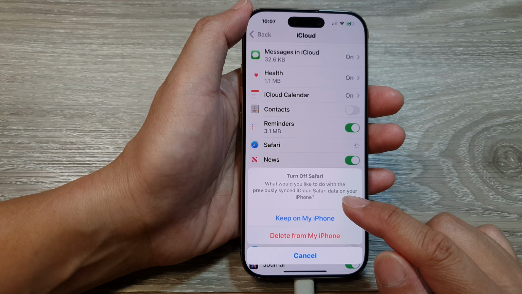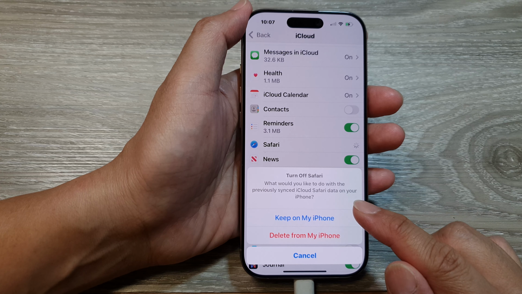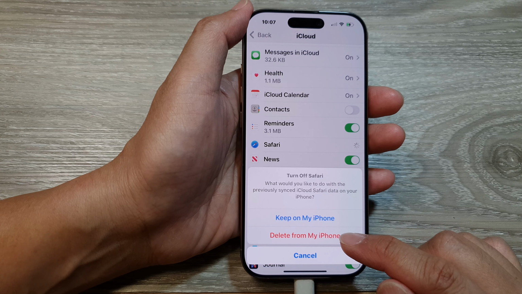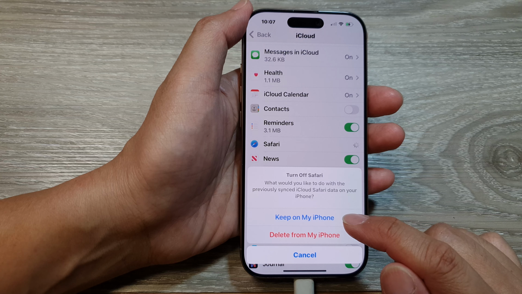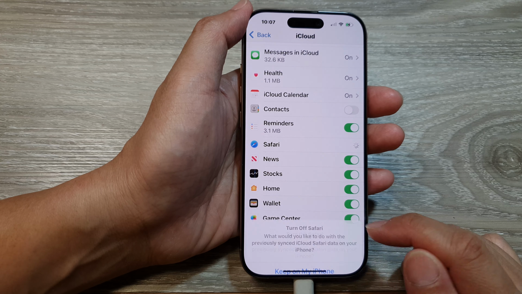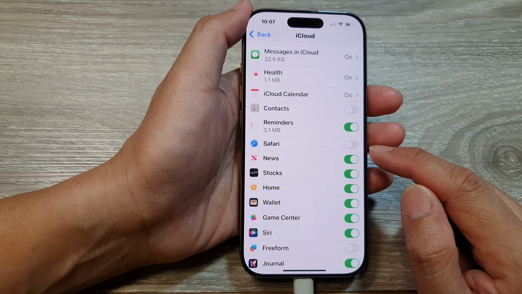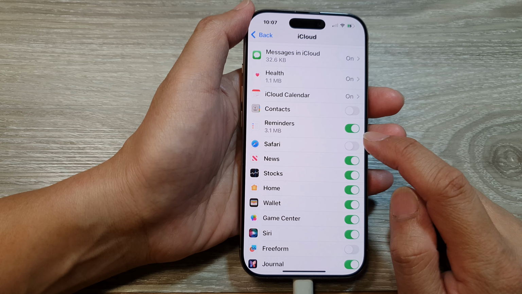it asks, what would you like to do with the previously synced iCloud Safari data on your iPhone? So here we can choose to keep on my iPhone or delete from my iPhone. So I'm going to choose keep on my iPhone. And that's it. Now sync is turned off for Safari, or you can tap on the toggle button to turn